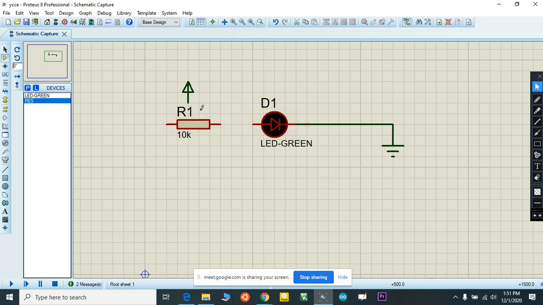If I want to move this component, just click and drag. So I connected through a resistor.